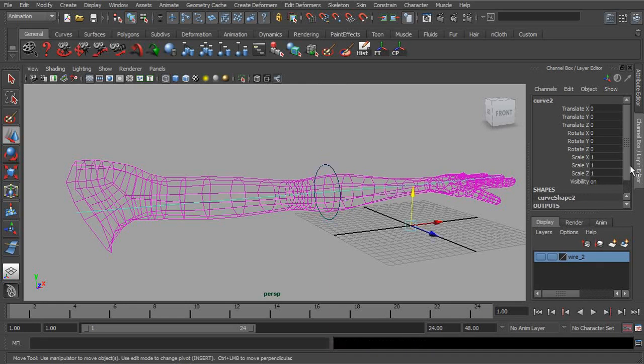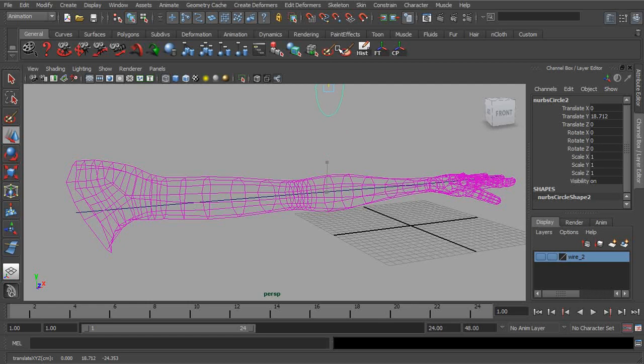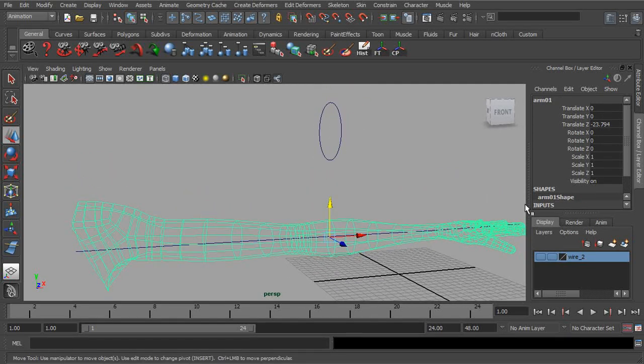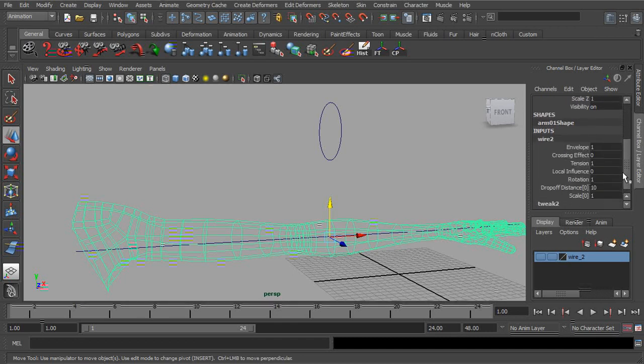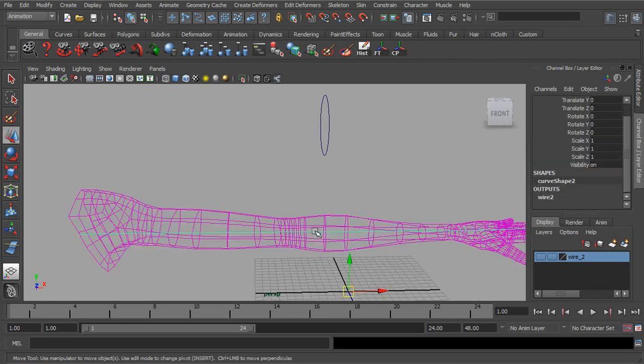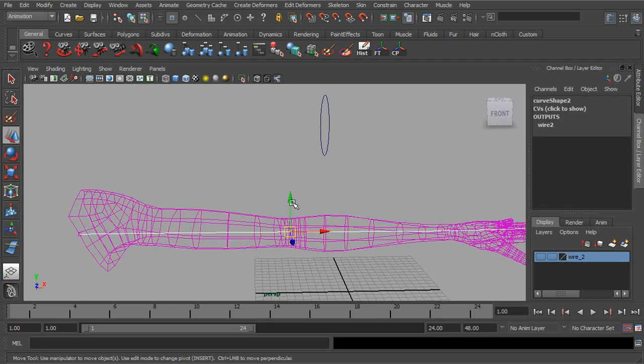Let's go ahead and take our wire input, or output that is. Let's go ahead and increase the distance to 10 again. I'll go ahead and take the circle and bring that up. You see that now, if we were to go back to our inputs, we could start to modify a few of our settings. So for instance, if we were to, let's say, take our tension, start to increase that, and then go to our wire and start to deform it,